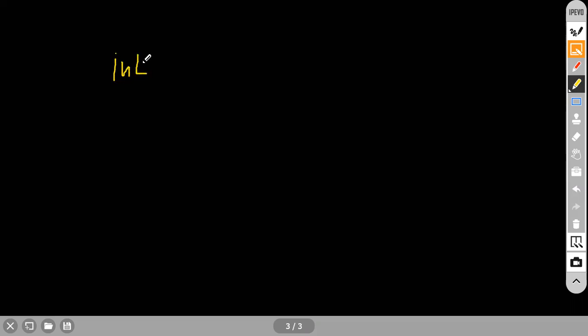Now you tell me, how many bytes will integer consume? Guys, please understand this one. This topic is a very, very important topic. Integer takes 4 bytes. Absolutely. Yes or no? Let me write here 4 bytes.